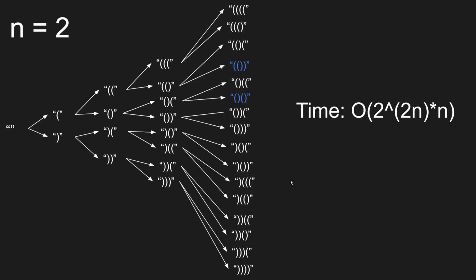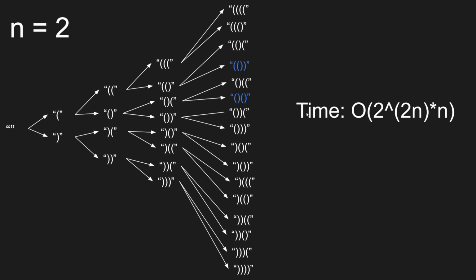One way that we can solve this problem is that we can generate all the possible outcomes. So let's say if n is equal to 2 for this example, then in the first iteration we will have an opening parentheses and a closing parentheses, and these will be the two options. And as we continue on, all the arrow ups will add an opening parentheses and all the arrow downs would add a closing parentheses. And as we see, if we keep iterating, these will be all the possible outcomes, and then we have to check which ones are valid, which only these two are valid, and that would be the